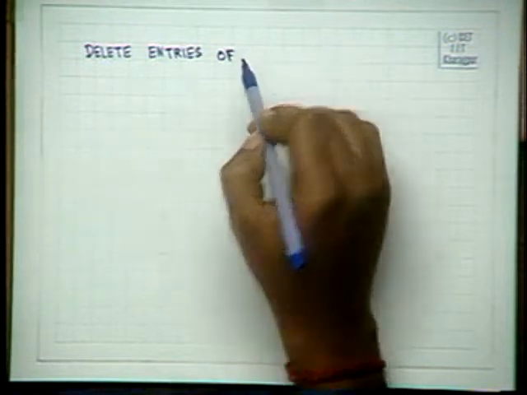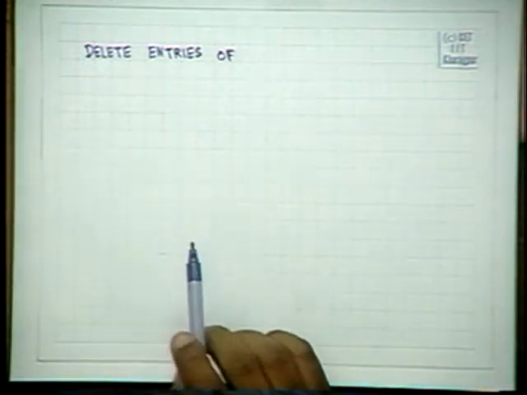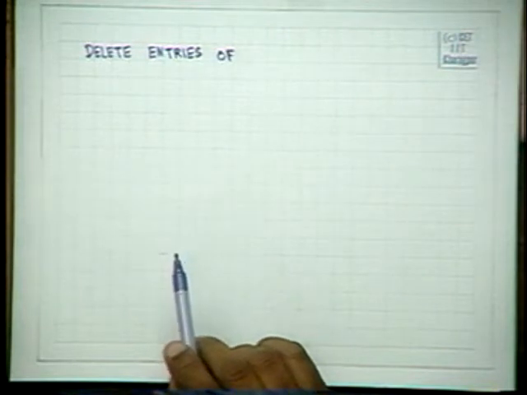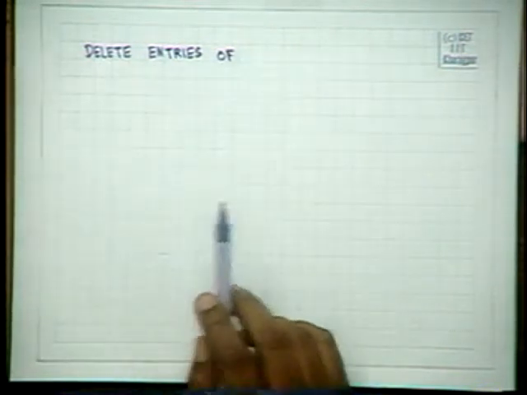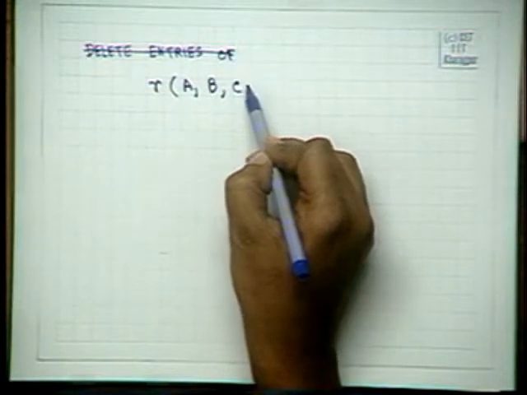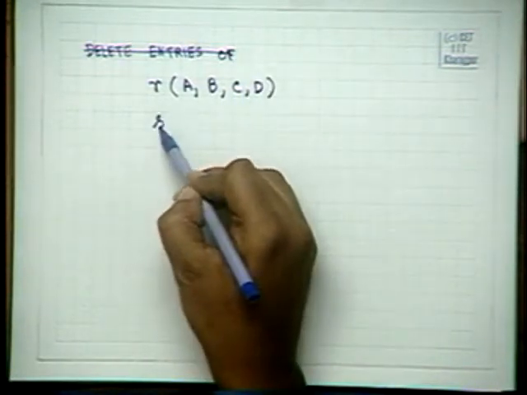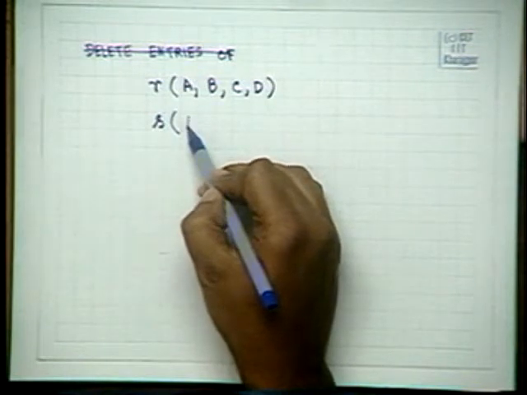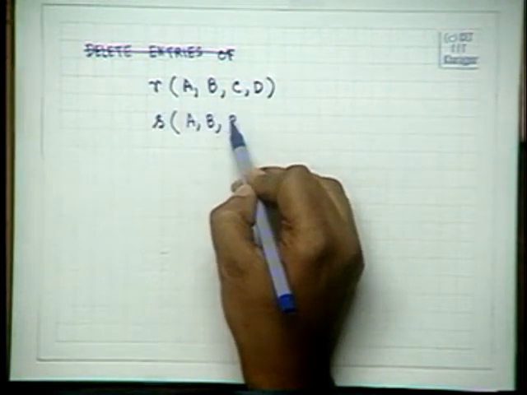Actually, we do not have two relations which have got two attributes in common in our example. In our example, all the relations have got only one attribute in common. Suppose we had two attributes in common, then we could have framed a slightly different problem. So we'll take a different example, not our library database. Let us say we have a relation R which has got attributes A, B, C and D. And let us take a relation S which has got attributes A, B and P.